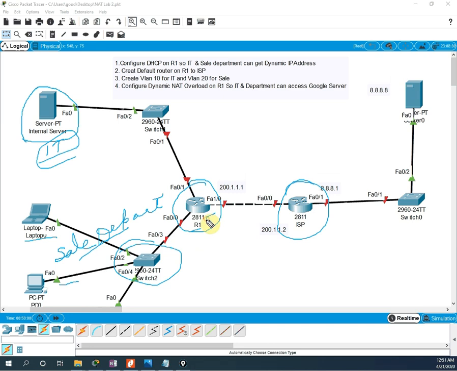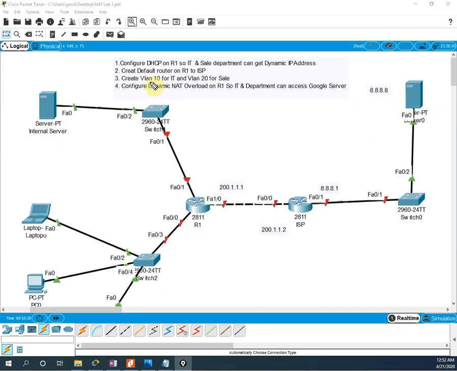So this is our internal router, and this is the service provider router. We are getting the connection from the ISP to our router, and this is a public IP that the ISP has given to us. Here 201.1.1 and here 201.1.2, and here they have some IP address that goes to a switch and is connected to the router. In this scenario we are saying this one is a Google server. So now we need to configure something as per the question to access this.